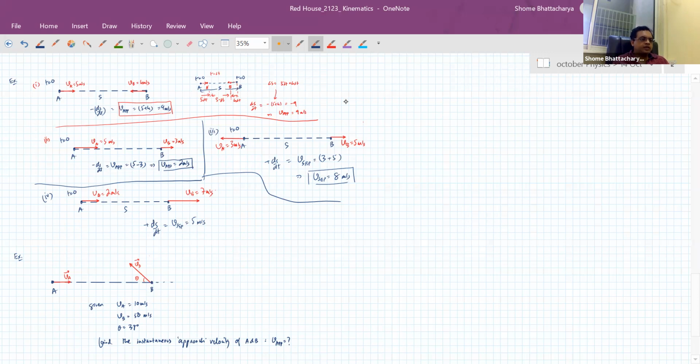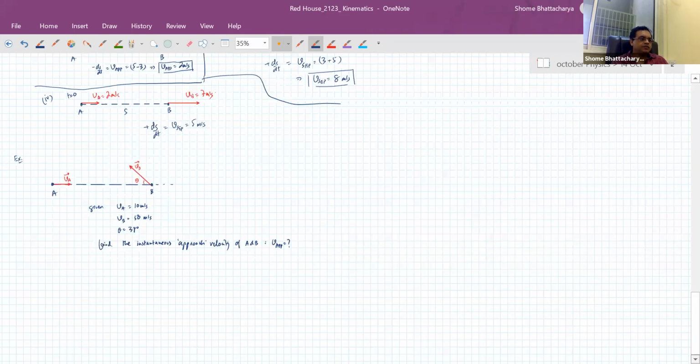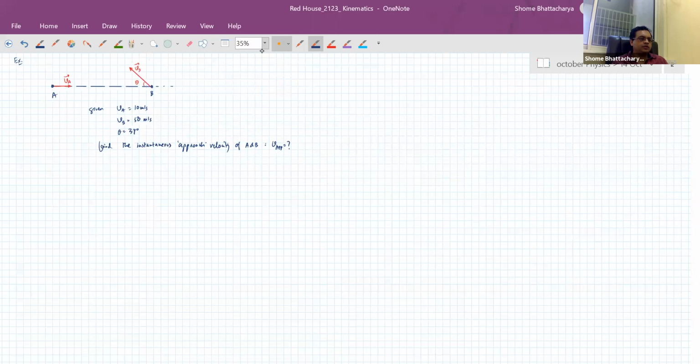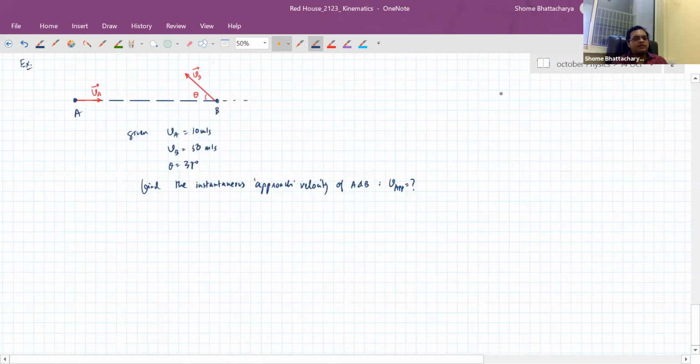Okay, so I've received a couple of answers. I'm just checking them out. So this is where we have to understand, Manav and Adinath, that the concept of approach velocity is a little different from relative velocity. The answer that you've given is correct for relative velocity, but here we have to calculate the approach velocity. Approach velocity is defined as the rate at which the distance between them is decreasing.